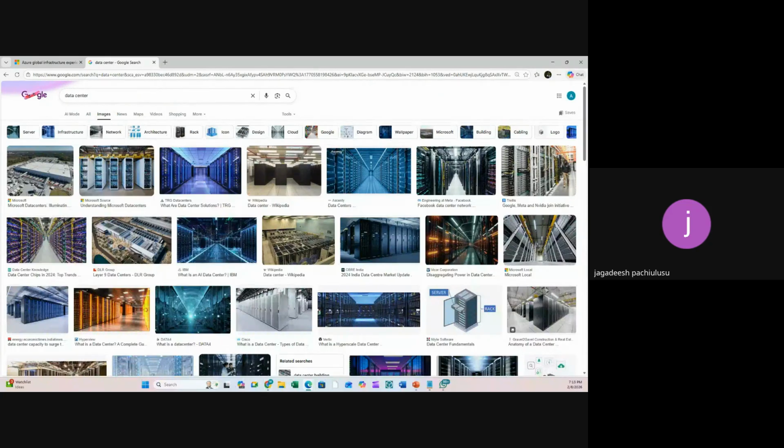So where all the servers are located. Data center is the place for storing, it's an infrastructure level of services, whatever we discussed, right? So on the IaaS, PaaS, and SaaS, all the services are available in that data center. It is equipped with multiple server racks, with our applications, for storing the application data.